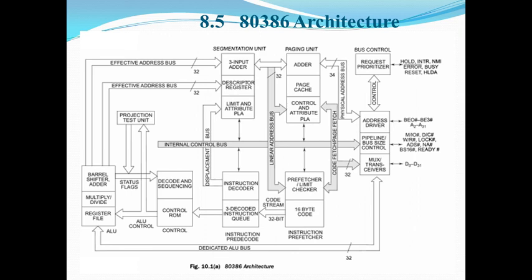The memory management unit consists of a segmentation unit and a paging unit. The segmentation unit allows the use of two address components, that is segment and offset, for relocatability and sharing of code and data. The segmentation unit allows a segment size of 4 GB at max. So here 80286 was having a capacity of only 1 GB, while 80386 is having a capacity of 4 GB.